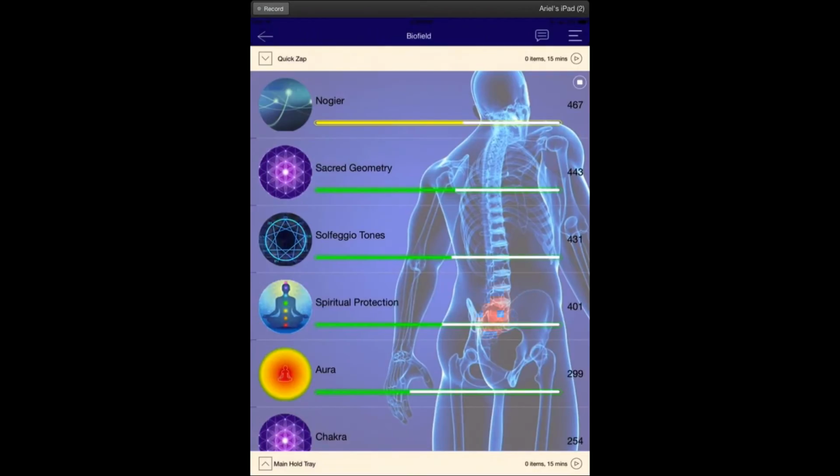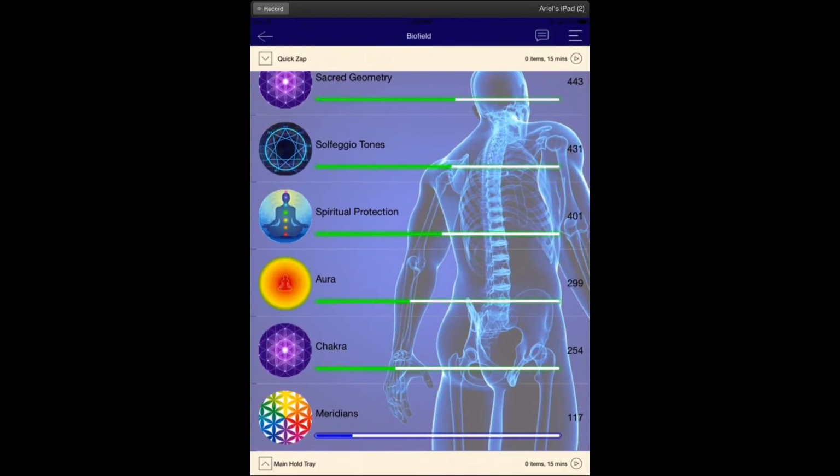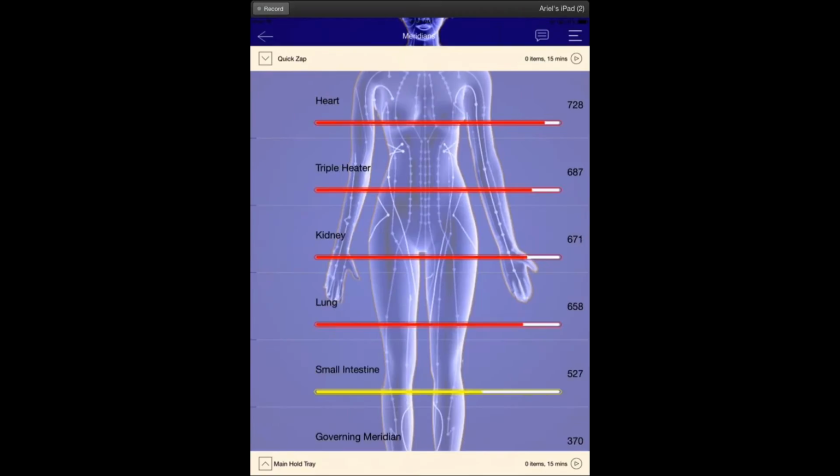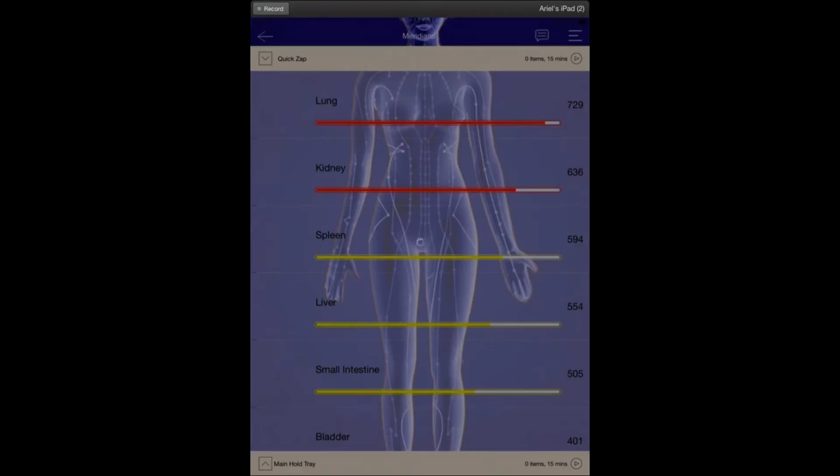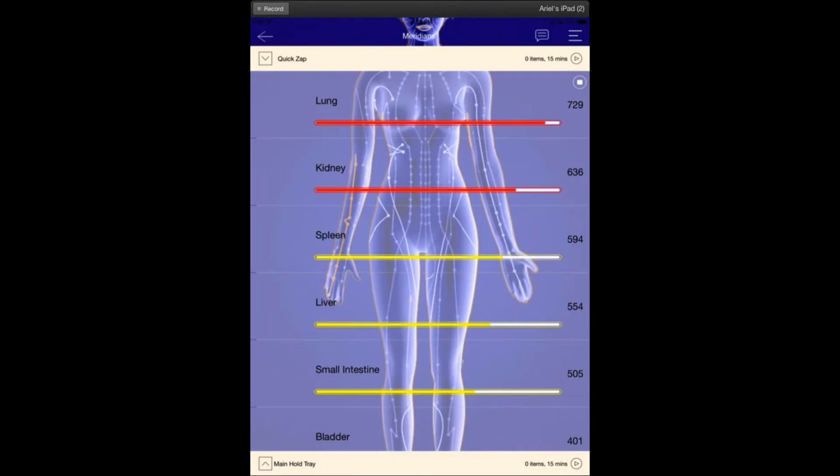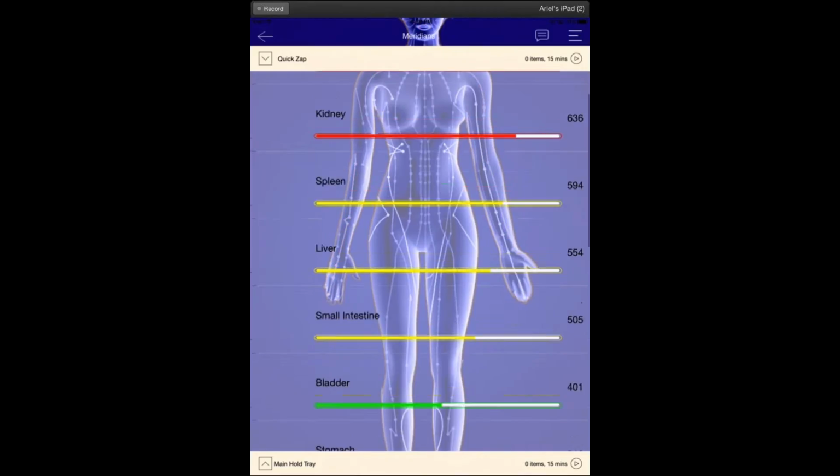So it's taken a little bit more time here to download, and we just hit that animation button off, and then we have the meridians down here, so we can scan all the meridians, which is an amazing function also. And so again, I'm just going to go ahead and hit that top right button, just turn off that animation there. And we can see all the meridians here.